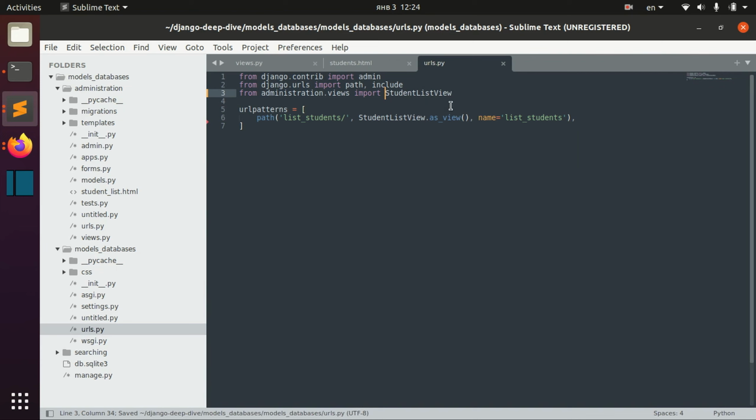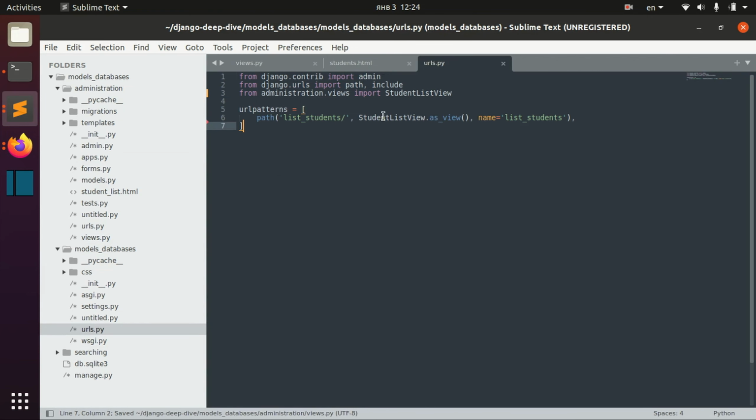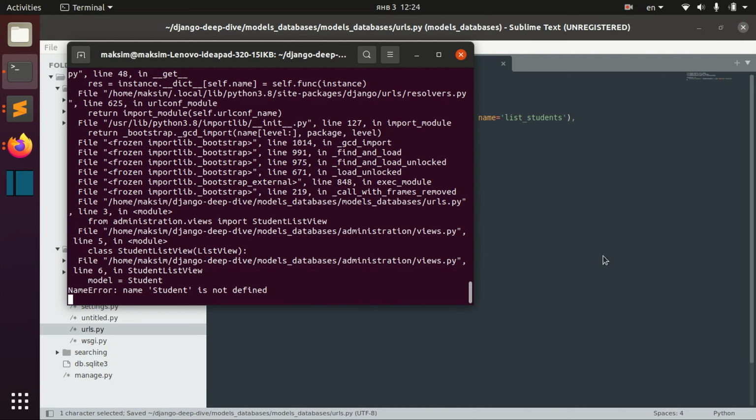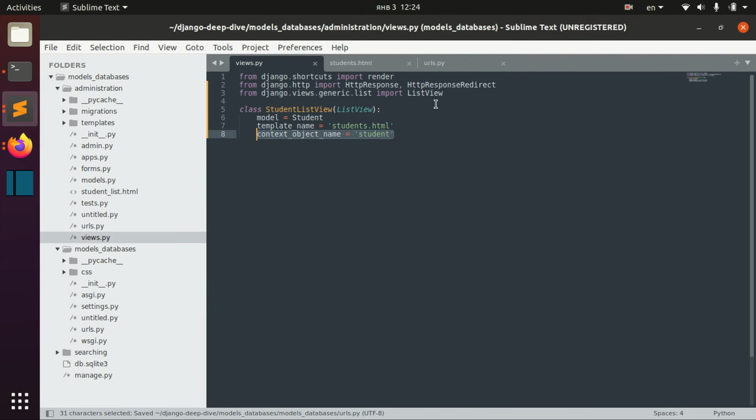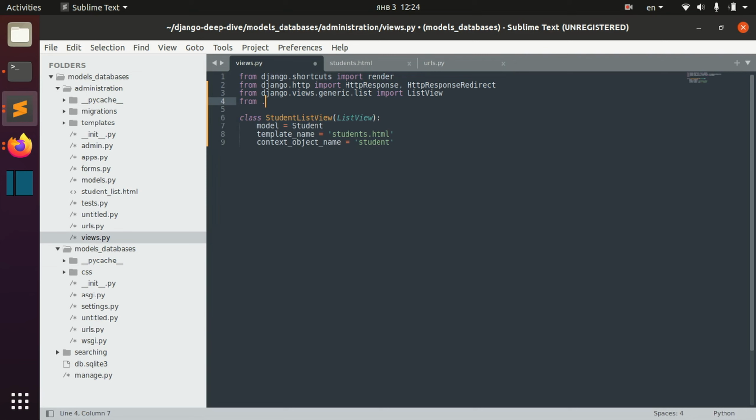So yeah, we import this StudentListView that we have just created, a very simple list view. And we assign it to the URL list-students, and we say StudentListView.as_view() in order to show this class as a view, and just assign some name here. Student is not defined. Yes, we also need to import from models